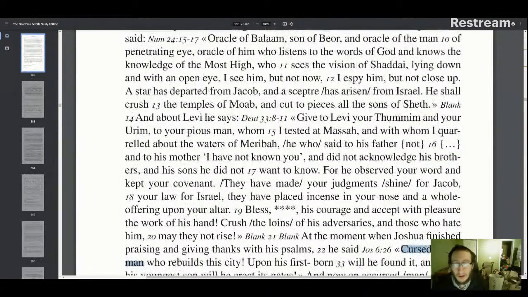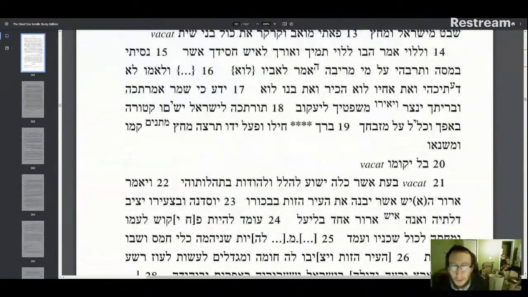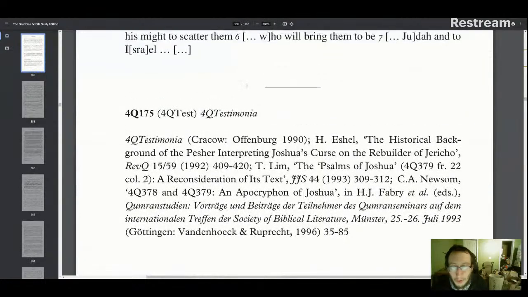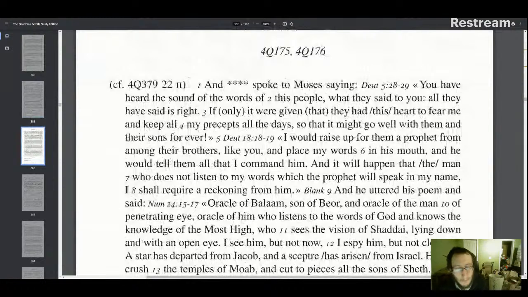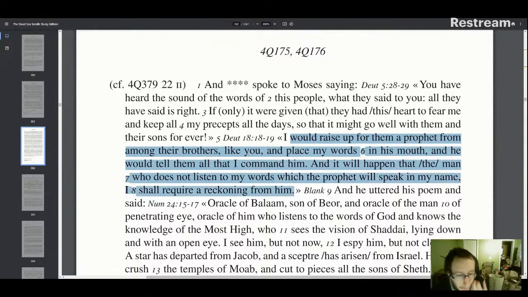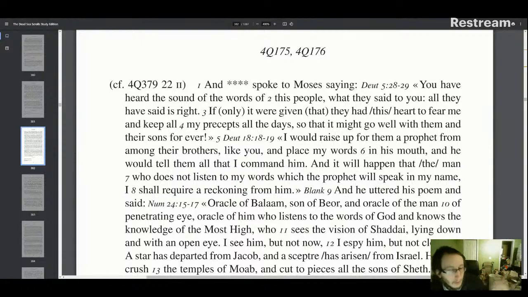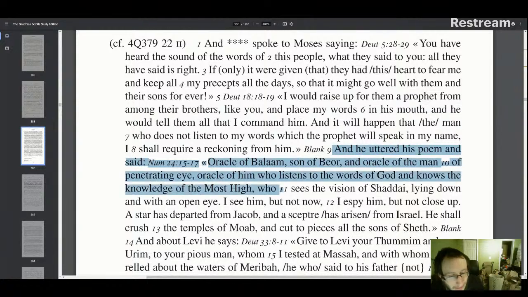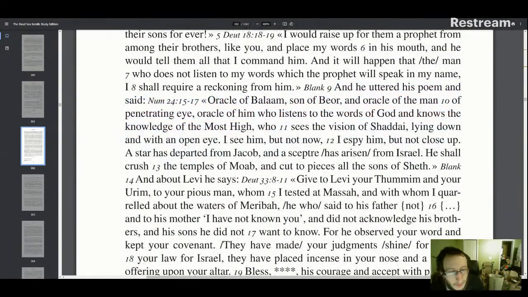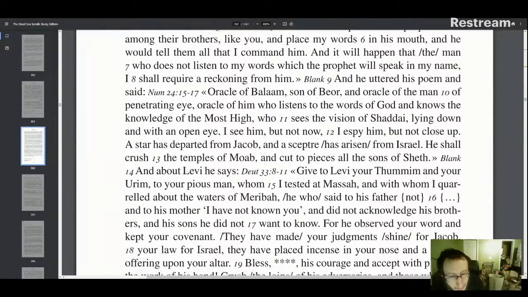as a prophecy. In this document, it's a scroll 4Q175. It's various testimonies that are usually linked to the Messiah. So here we have, "I will raise up for them a prophet." That's often linked as a messianic prophecy, like in the New Testament. A prophet like Moses is considered a messianic prophecy. Then the prophecy of Balaam, where it says, "A star from Jacob, a scepter shall arise from Israel." So that is considered a messianic prophecy.